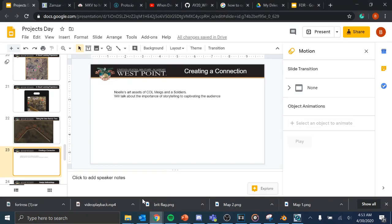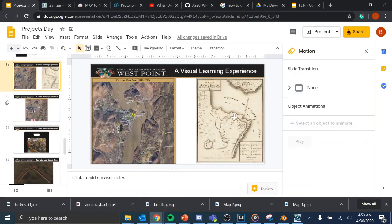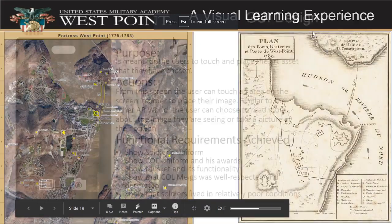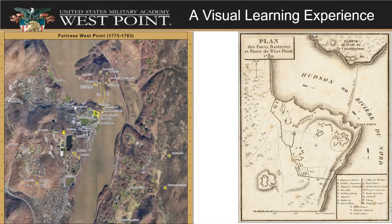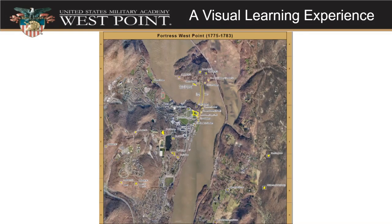A visual learning experience. One aspect of our augmented reality application is providing a visual learning experience that allows for a deeper understanding of the history of Fort Meigs and West Point's defense system as a whole. While using the application, the user has the ability to examine several maps of the West Point fortification system. One map will be a modern-day representation, while another will be from the Revolutionary War period. This allows the user to better orient themselves at Fort Meigs compared to other locations at West Point. On both maps, Fort Meigs will be highlighted at all times to ensure the user is always aware of their